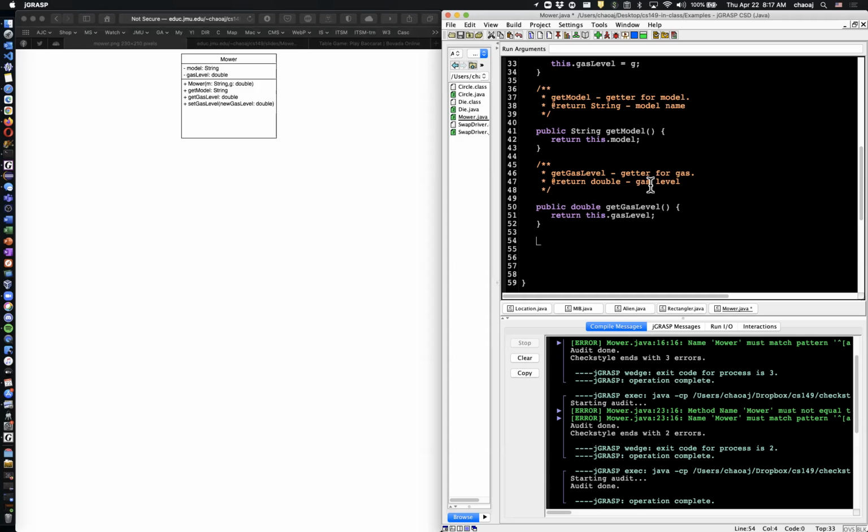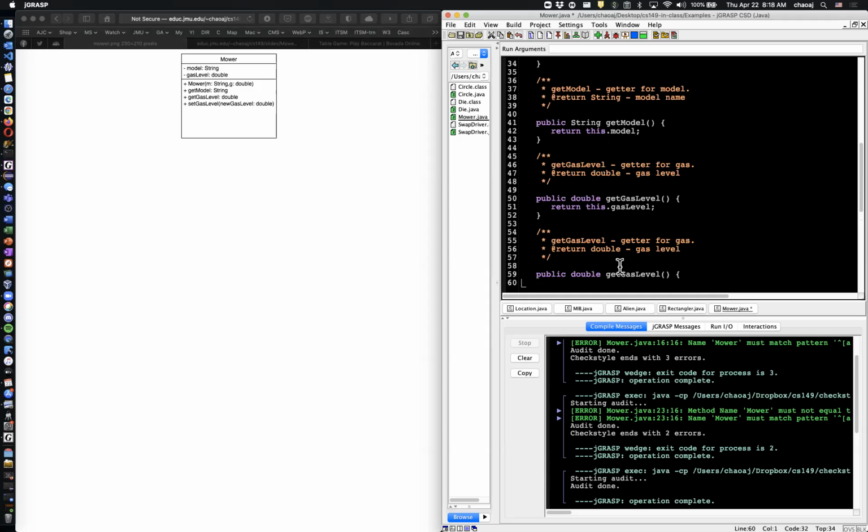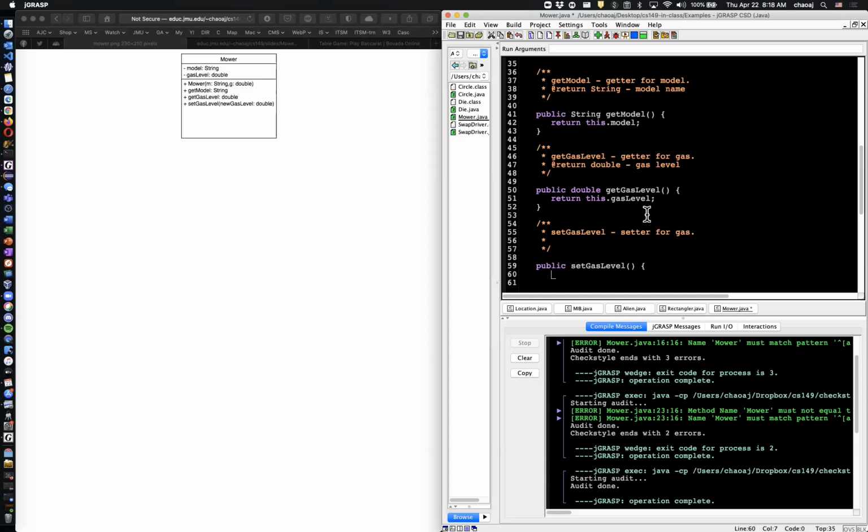Next piece we're going to do is create a setter here. Let's go ahead and copy this. I'm not going to copy all of it because I don't want all of that, because this one is doing set gas level. So it's going to do a little bit more. And we're going to have no return here. So we don't need a return item here. This is the set gas level setter, and this is a setter or a mutator, and we don't need a return in here, so it's just a simple one line piece there. And then over here we're going to say this dot gas level